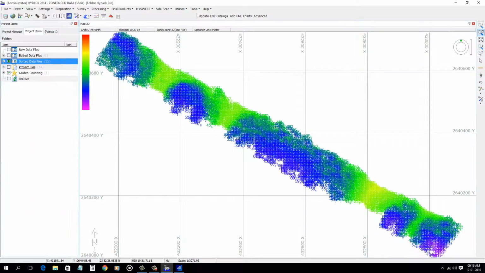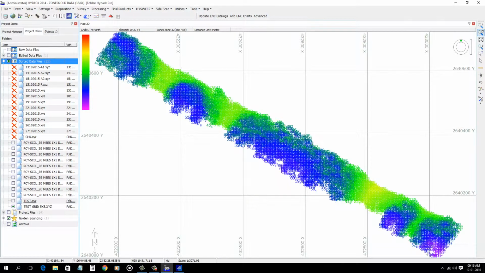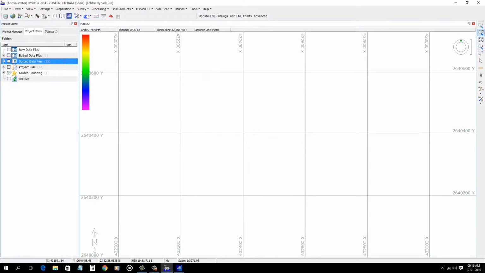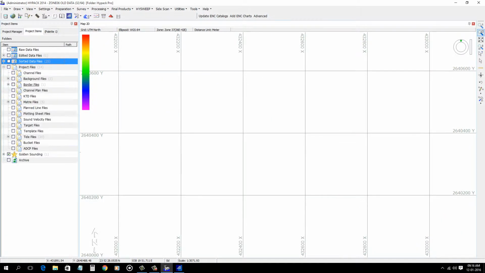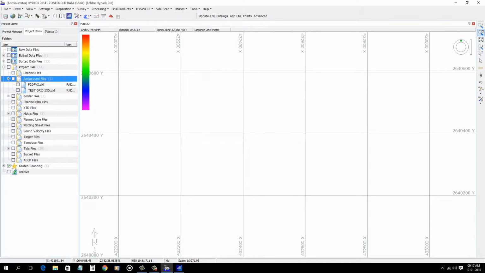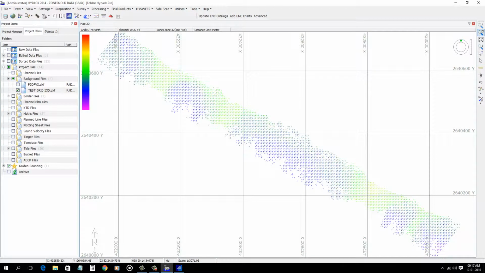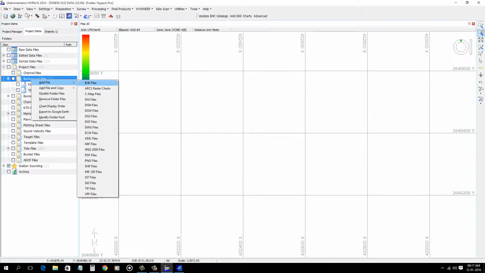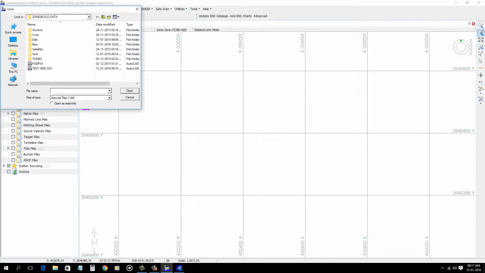Now you can get this in background files as a DXF. You can see here. But now we want to open this in AutoCAD.